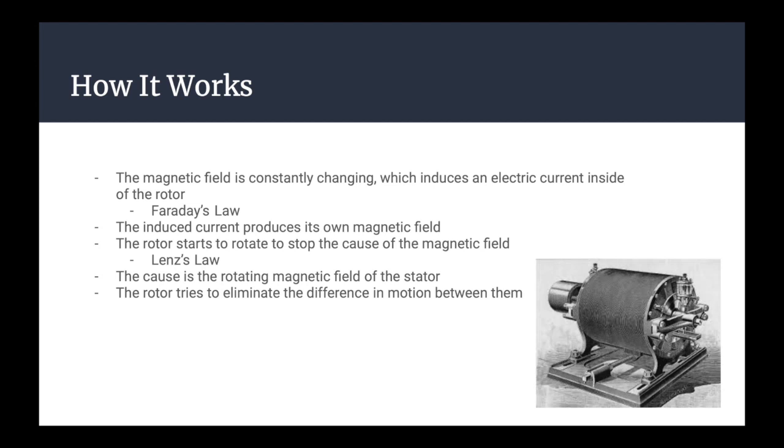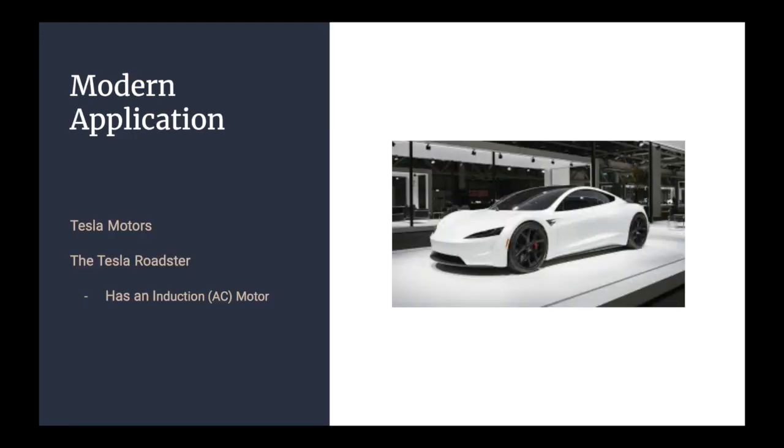Tesla went on to patent this AC motor, and it was said to be the most valuable invention since the telephone, and AC motors are still commonly used today. One modern application of the alternating current motors would be found in electric vehicles. One company that actually has this technology is Tesla Motors, and it is found in the Tesla Roadster. This vehicle has an induction motor, which is an AC motor, and more famously, Elon Musk decided to name the brand after Tesla